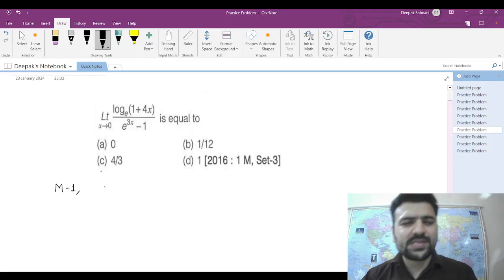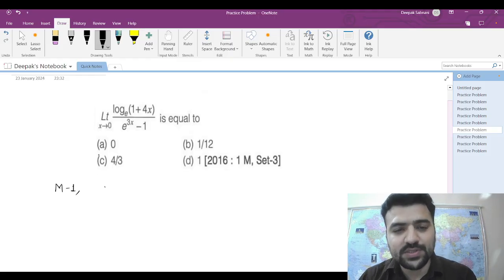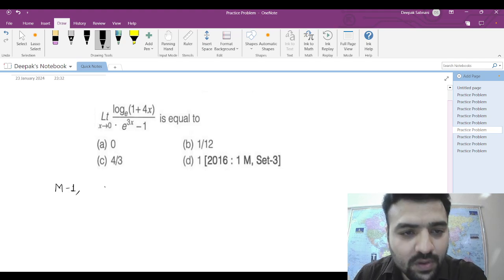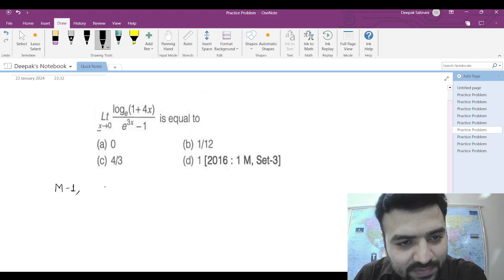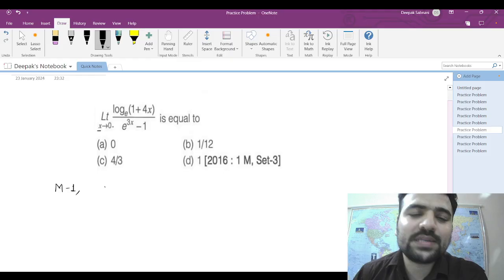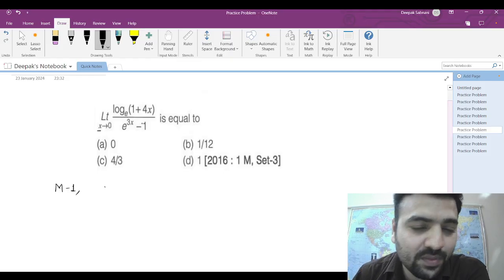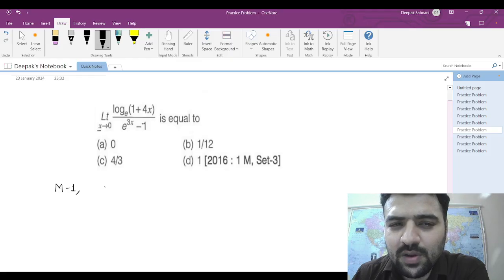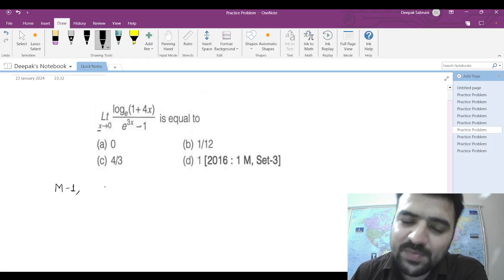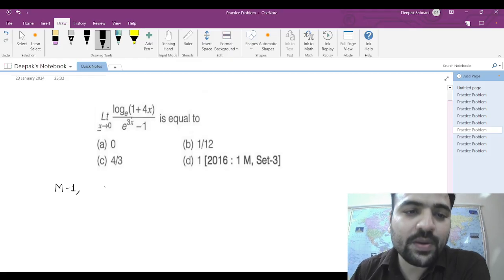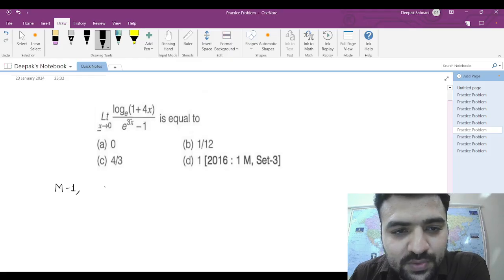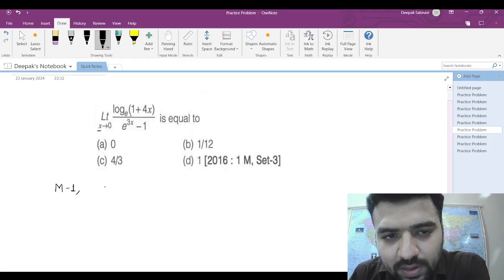Now, a basic rule to evaluate a limit is that first you substitute the value of the limiting variable. x is the variable. Put the value and check what value you are getting for the function. It may be a determinate form, which is a finite value, or an indeterminate form, which can be solvable or non-solvable. Okay, let's see. When I put x tends to 0, I'll get log e